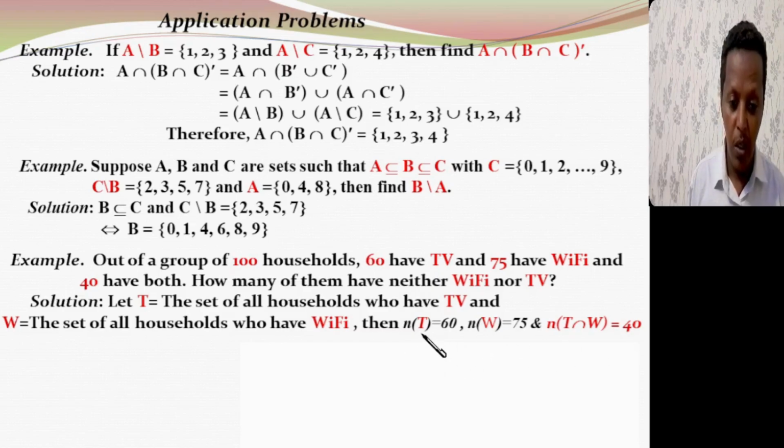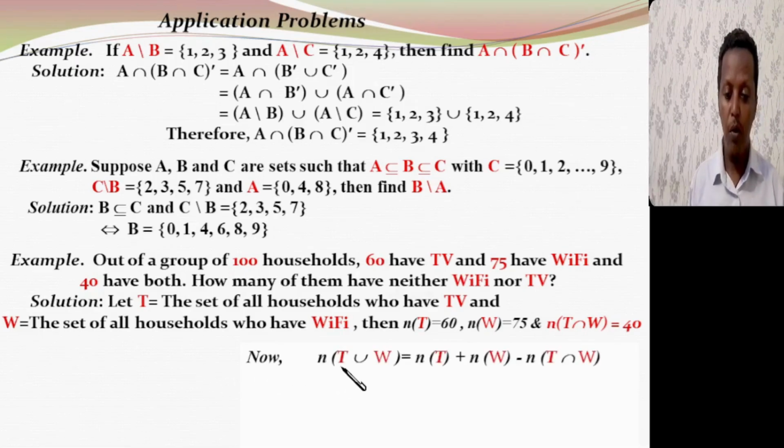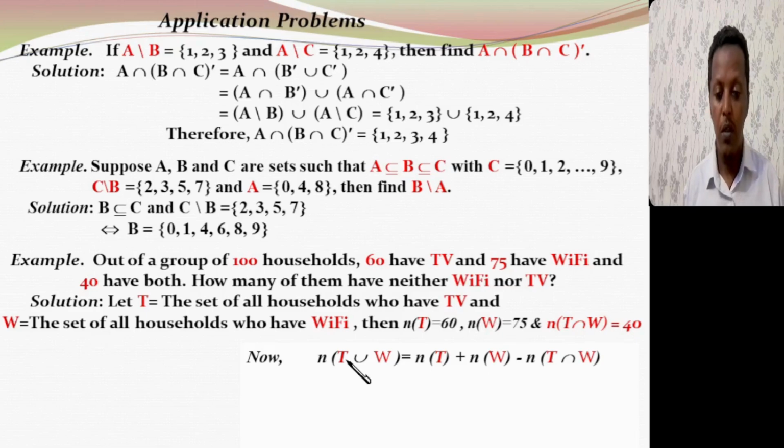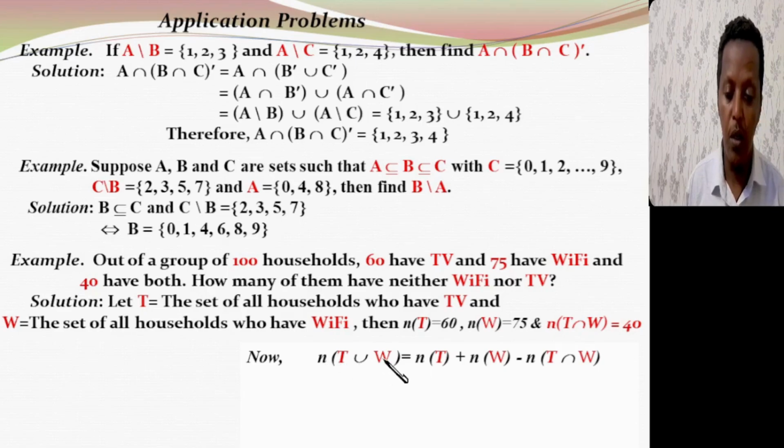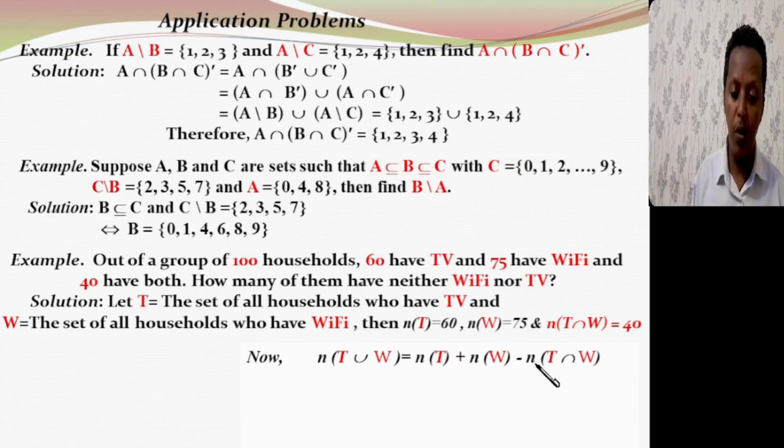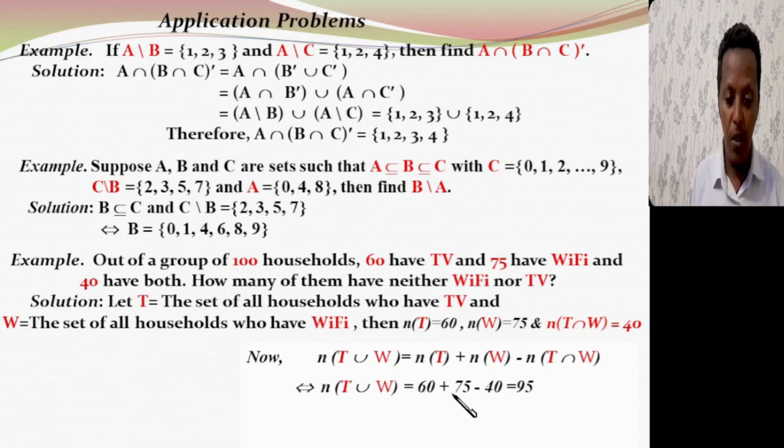Based on these three pieces of information, we can find the number of households having TV or Wi-Fi, n of T union W. From the formula, this equals n of T plus n of W minus n of T intersection W. So 60 plus 75 minus 40 gives you